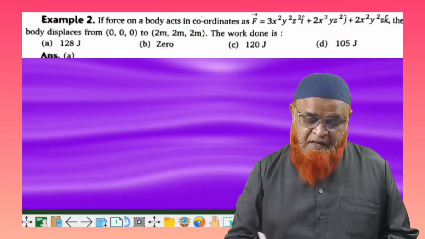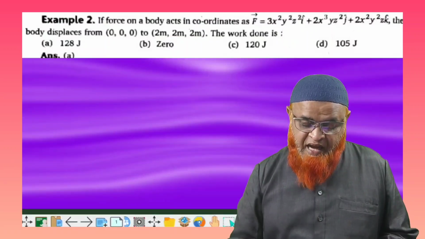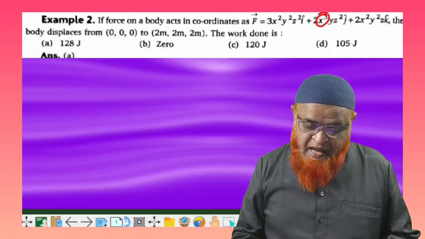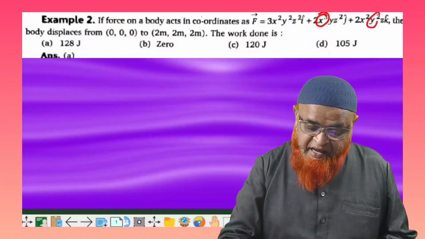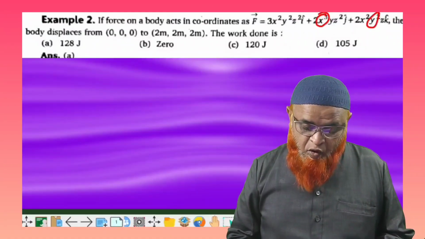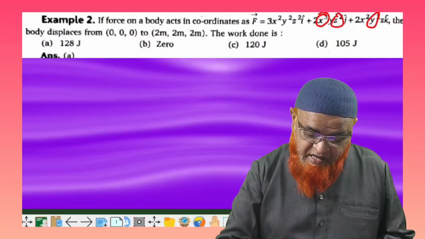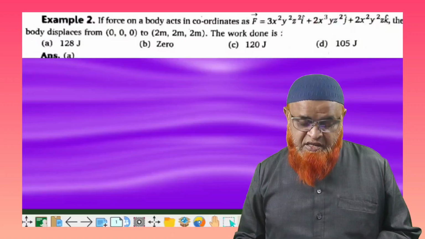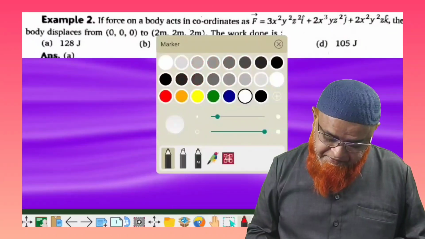If you observe the equation, the highest power of x is here. That is going to be x cube. And what is the highest power of y? It is going to be y square. And what is the highest power of z? It is going to be z square. Okay. So therefore, what are you going to do now is, you just write here